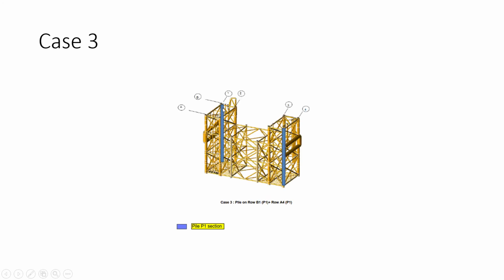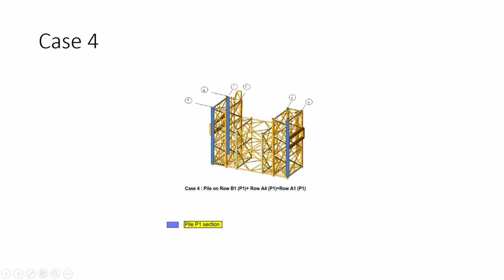So always you have to put the pile opposite. For the leg which is there in P1, you have to go for the opposite leg only, to counteract the COG. Always you have to have a balanced COG. For that you have to put the diagonal pile. This is the P1. For this condition also you have to assess bearing, overturning, and sliding. And this is case 4. Now I am going to install my P1 here. Again you have to check all 3 cases here.